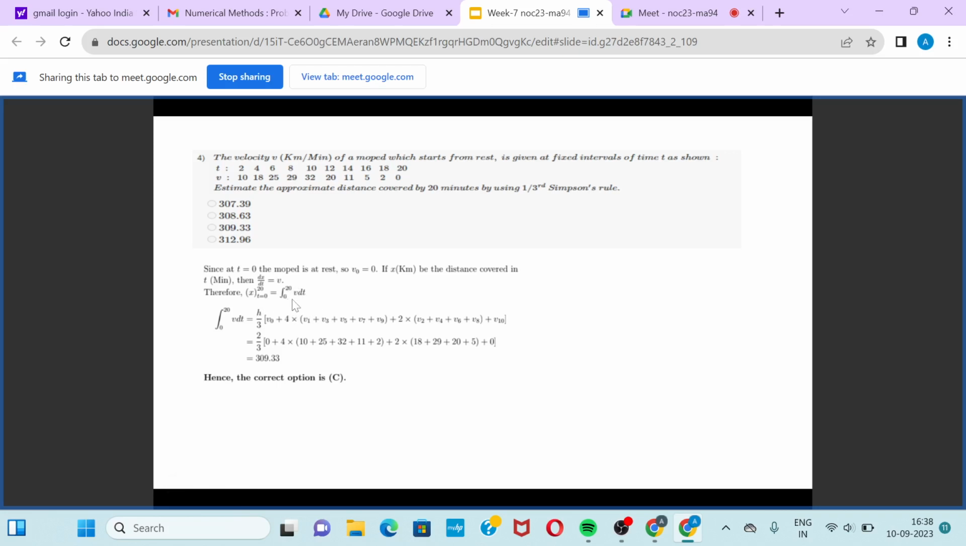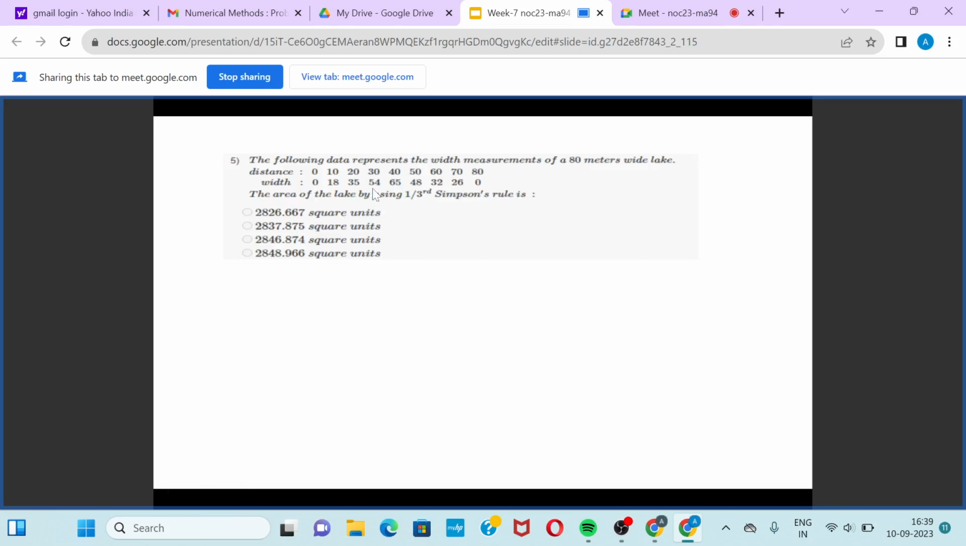Now we have to just calculate this integration, and the function is v. That is these values. So using Simpson's 1/3 rule, it will be h by 3 times v0, that is 0, plus 4 times (v1 plus v3 plus v5 plus v7 plus v9) plus twice (v2 plus v4 plus v6 plus v8) plus v10. Substitute all the values, you will get 309.33. So this will be the distance after 20 minutes. Fine. Then the next question was,